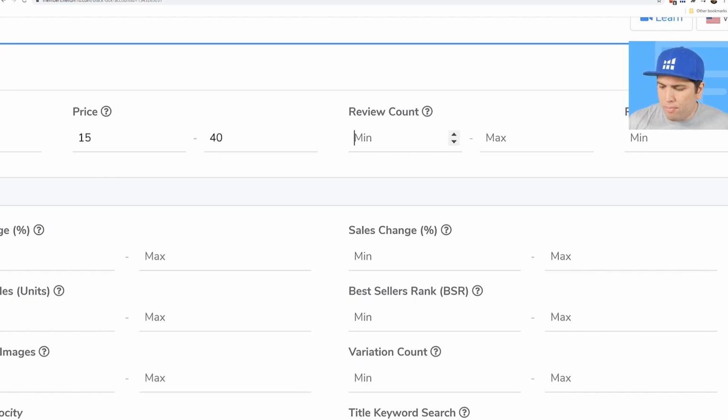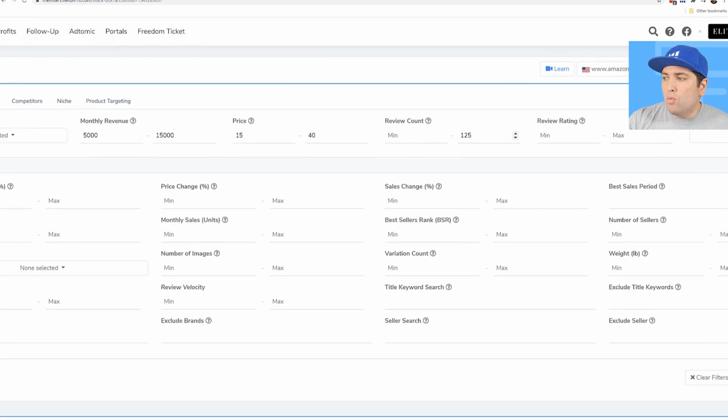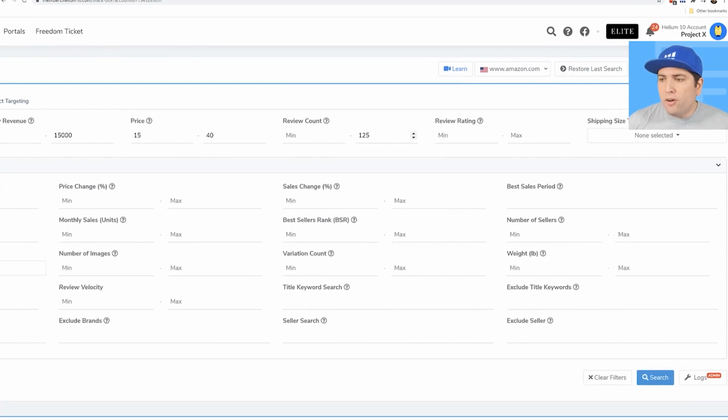So I'm just going to go ahead and put here, instead of a minimum, I'm going to put a max of 125. There's no magic number here. You do what works for you. There's different other things I can put here. Like I could say max review rating. Like, you know, me personally, when I buy products on Amazon, I don't look at products that are below like 4.5 stars. So if there's a product that's generating $5,000 or $10,000 worth of sales, like I just specified here in these filters,